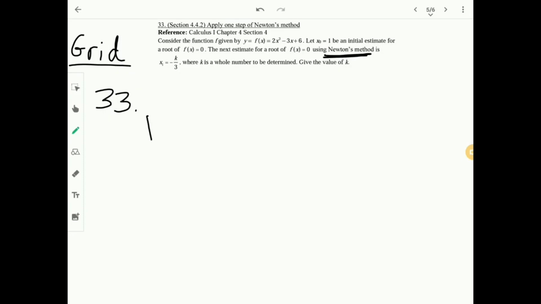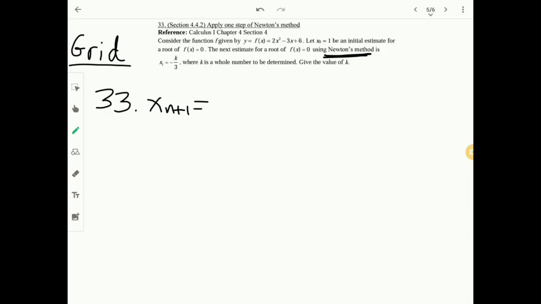Newton's method is something we did not cover. I feel like they meant for it to be self-studied, but since it is part of the grid question material, let's just have a quick go over it. And since they only want the next estimate, it's a very short and easy question to do. So let's solve. What Newton's method wants us to do is, basically, x n plus 1,